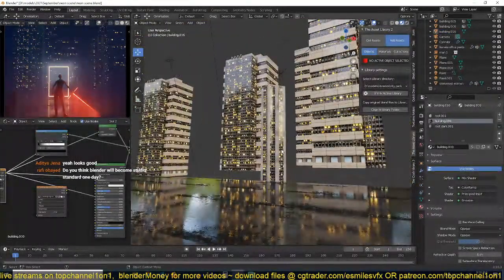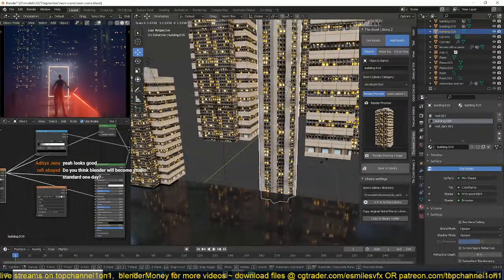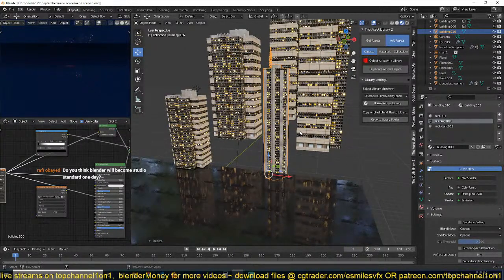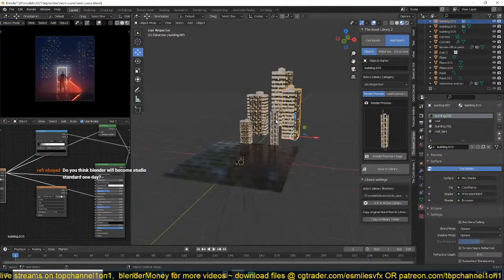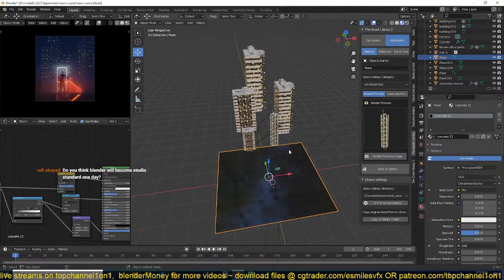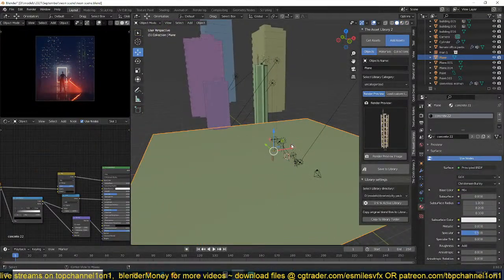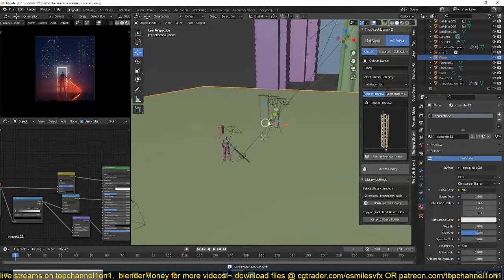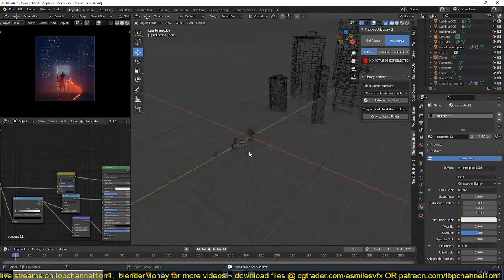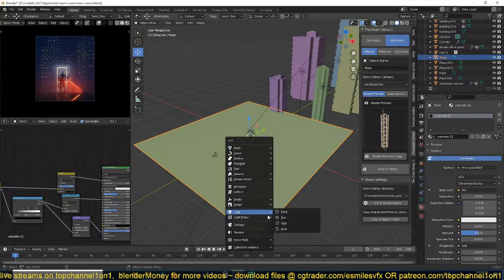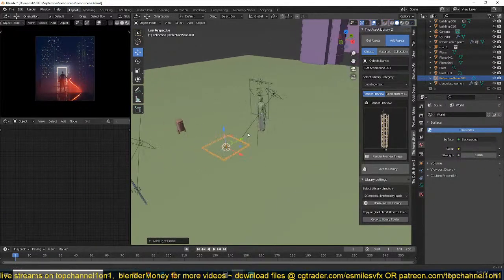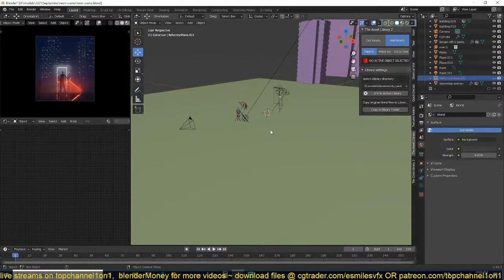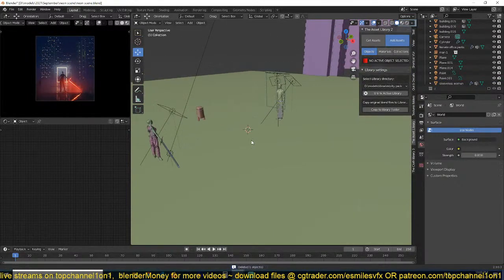Actually, that also looks great. So let me save it too. Why not? I think I lost my reflection plane, so let me bring that back. I'm not sure if it's even doing anything, but